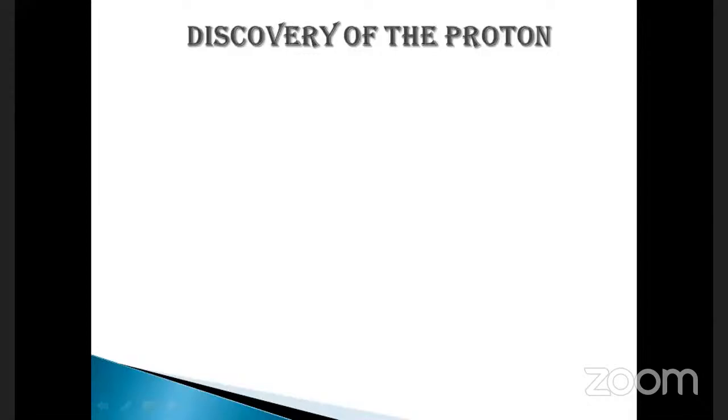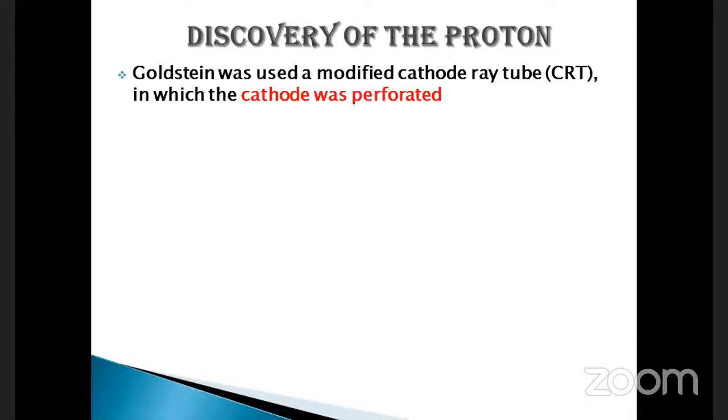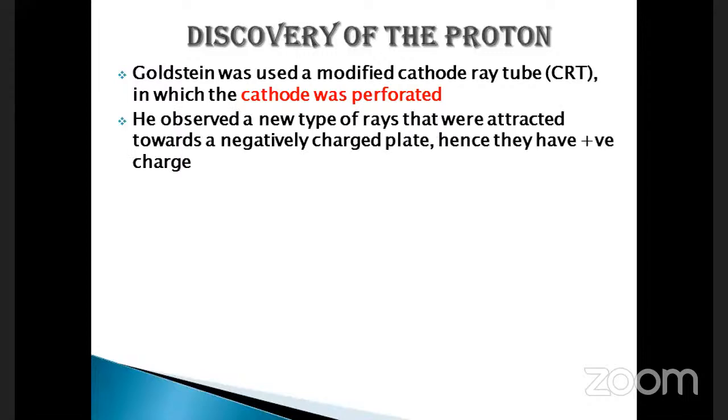So, discovery of the proton, quickly. We will not go into too much detail because it was a similar thing that was done in the discovery of the electrons. Here, it was Goldstein that used a modified cathode ray tube. Note the word, he modified the cathode ray tube. This is similar to what William Crookes did, but in this case,